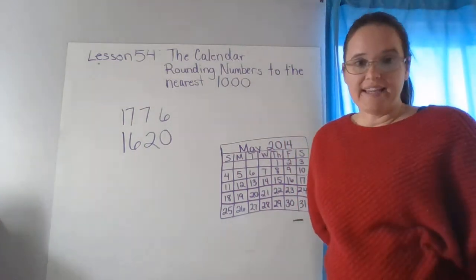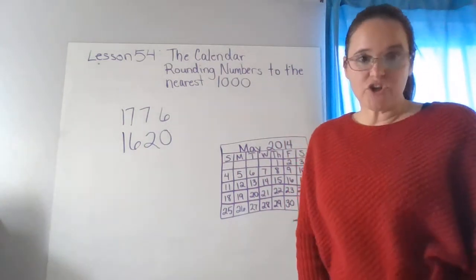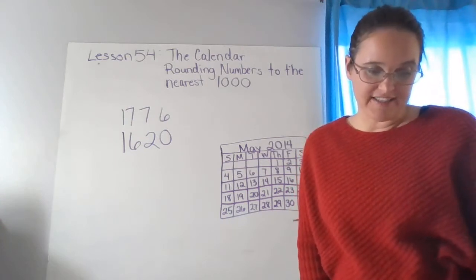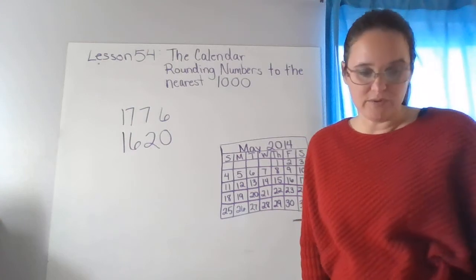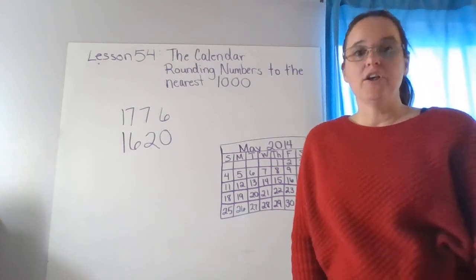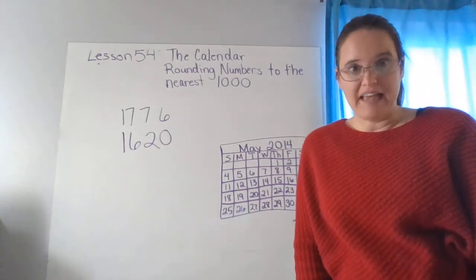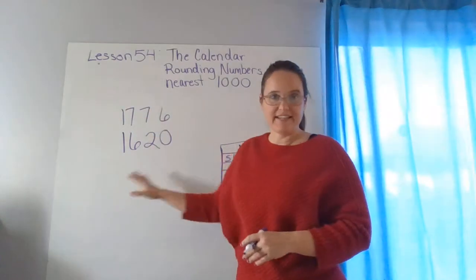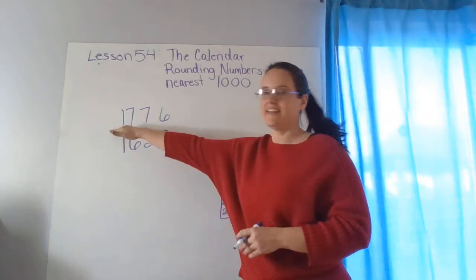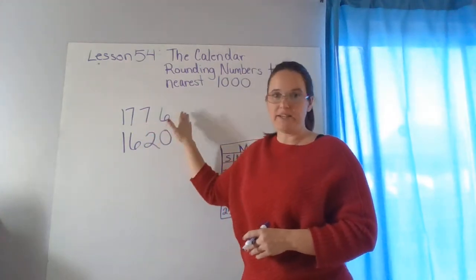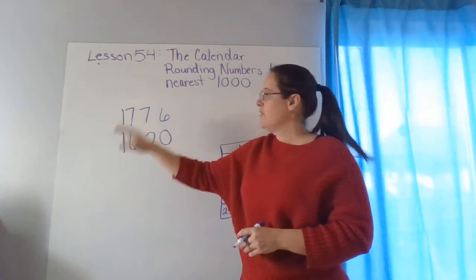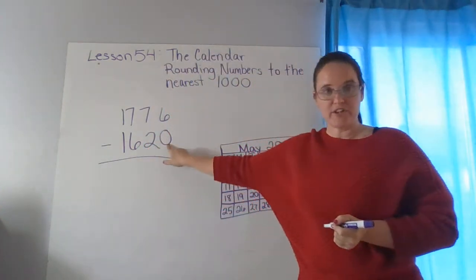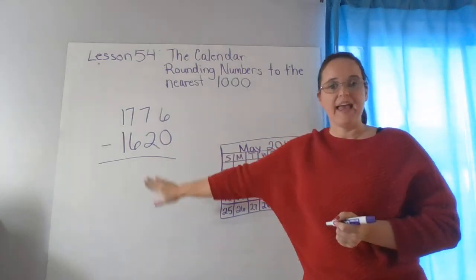It says, write a later minus earlier equals difference equation and solve it to find the number of years between those two historic events. So again, this is a review from last year from book 3. They taught us that when we're trying to find a difference in years, we take the later year, which is always going to be the bigger number. We subtract from it the earlier year, which is always going to be the smaller number,